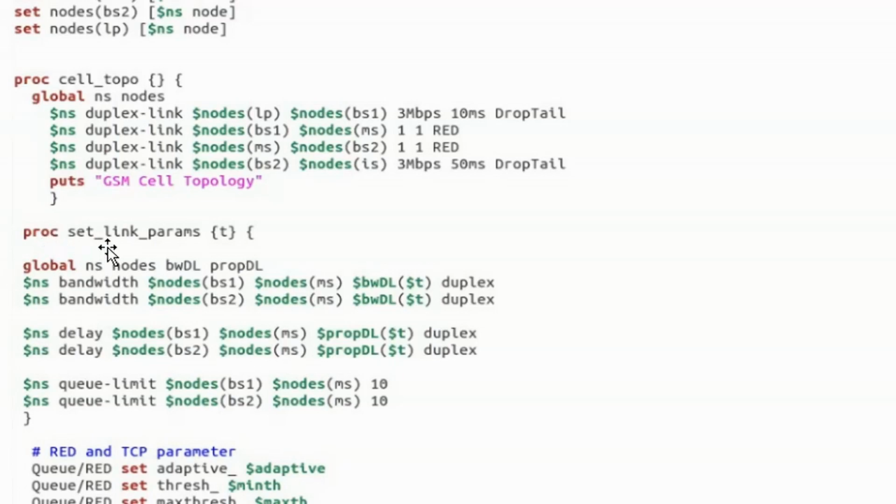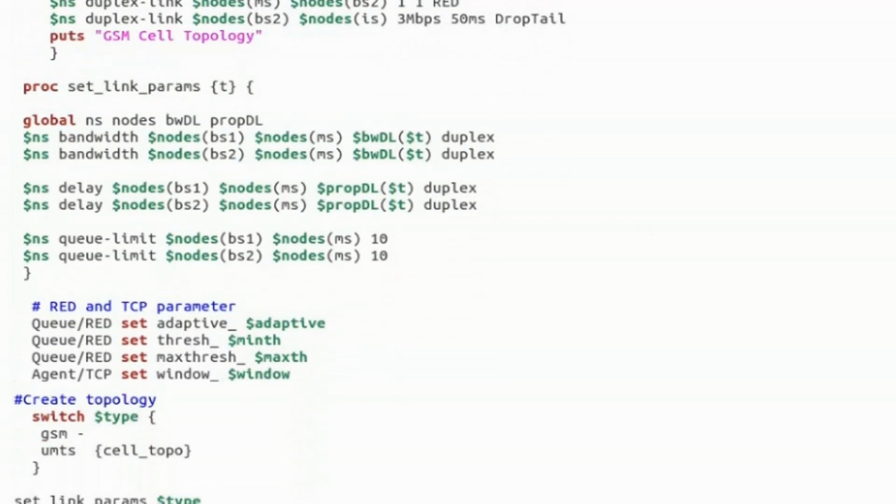Next I have a procedure, set link params. I will need this further. I'll explain that here itself. What am I doing here? I'm defining all the link parameters, with global variables here: ns, nodes, downlink bandwidth, and then propagation delay.